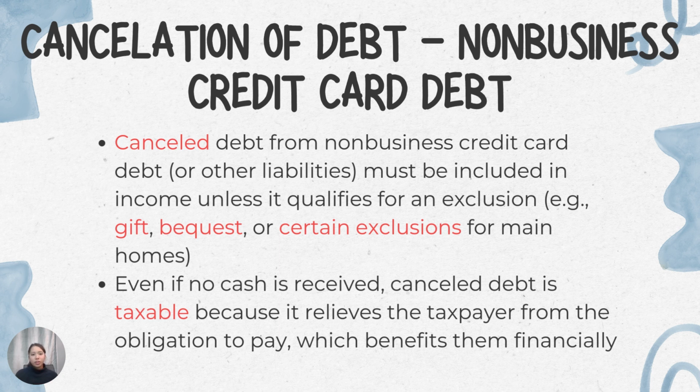And that 100 is treated as income because it's money that you should have paid, but you didn't end up having to pay. And that's cancellation of debt. So that $100 that they were like, oh, we got it, it's on the house, if you just paid your 200, that's still taxed as income, even if you didn't actually receive that cash, even if it was that settled agreement.